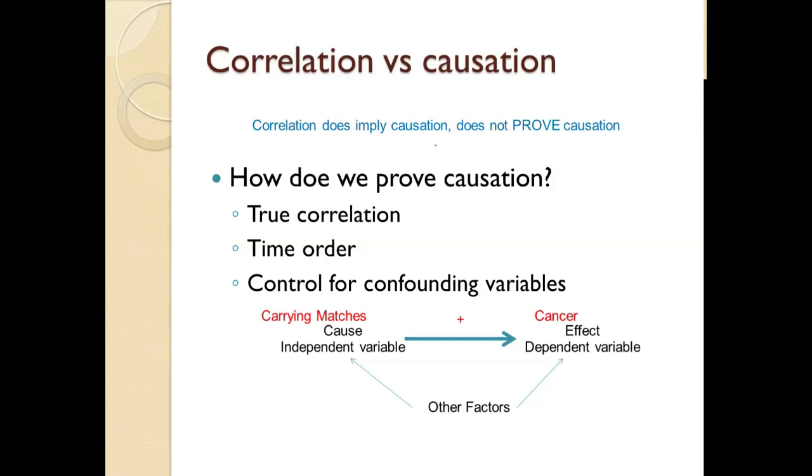And we know from just hearing that statement that that's not accurate, that matches themselves don't cause cancer. There's another factor at play here. Why are you carrying those matches? Is it because you're a smoker and that was a cheaper way of lighting up than a butane lighter, which was not easily accessible at that time? And so in this case, being a smoker is known as a confounding variable, a confusing variable, because being a smoker is what drew someone to carry matches, and it's also the smoking itself and all the additives in the burning tobacco that led to cancer.